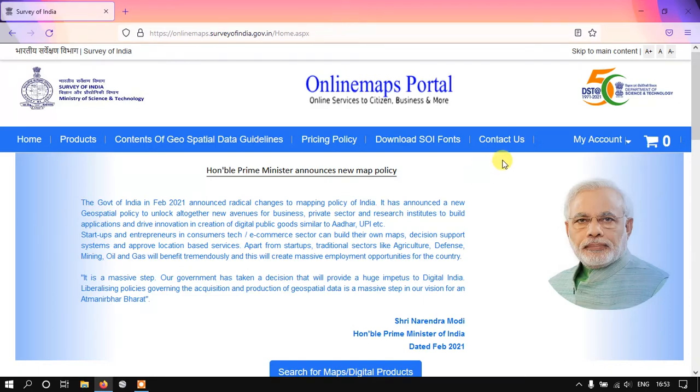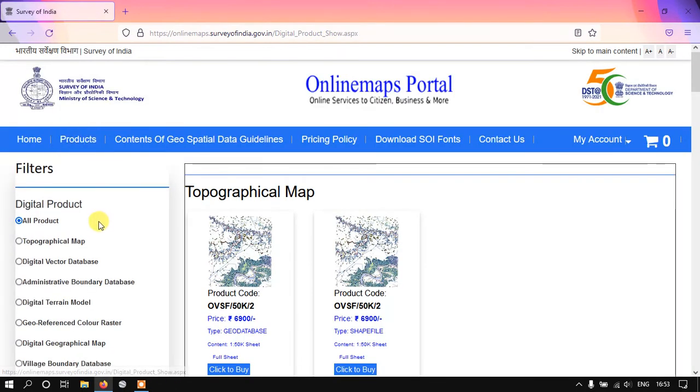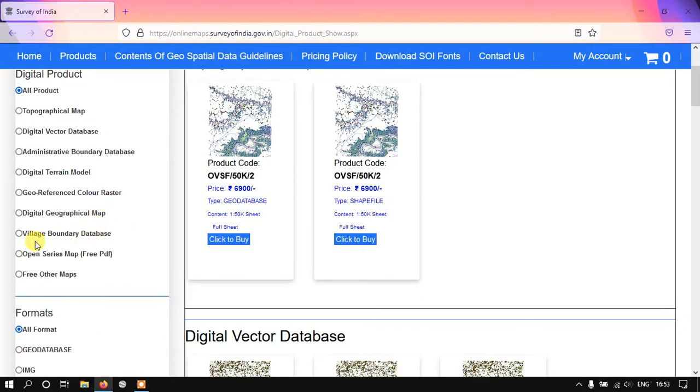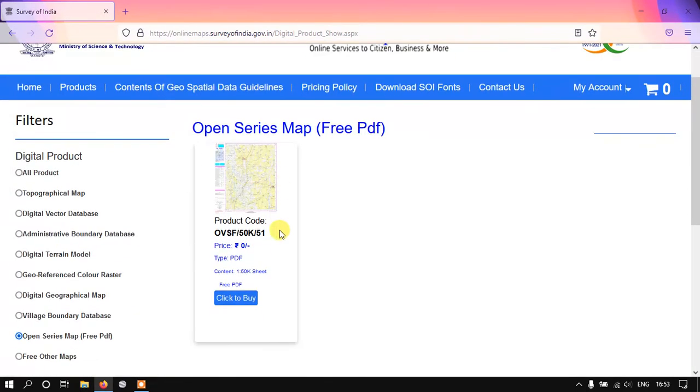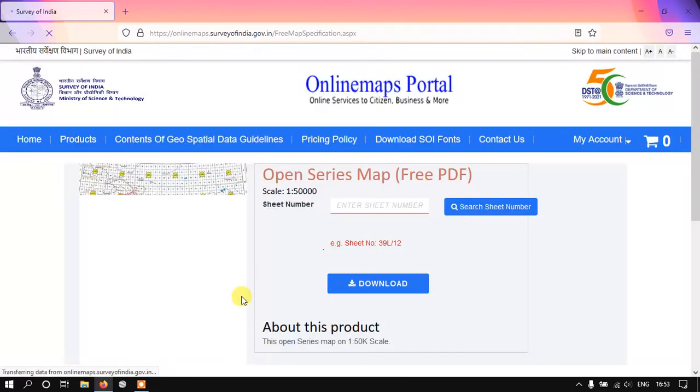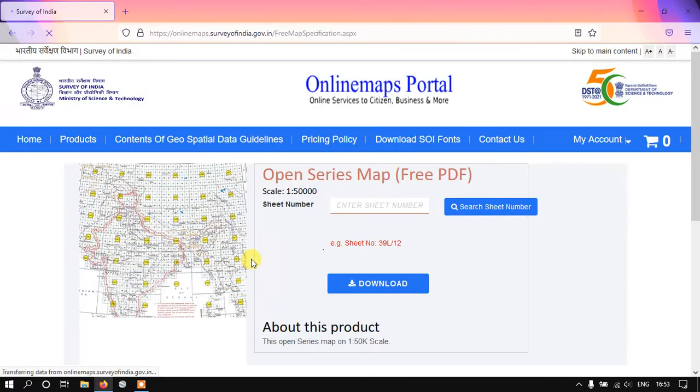So once you have signed in, go to the option Products and come down to the option Open Series Map, which is provided in PDF format, and we need to just click to buy. Actually it's just free of cost. You can just click there, and once you have clicked in, you can easily find the Toposheet for your